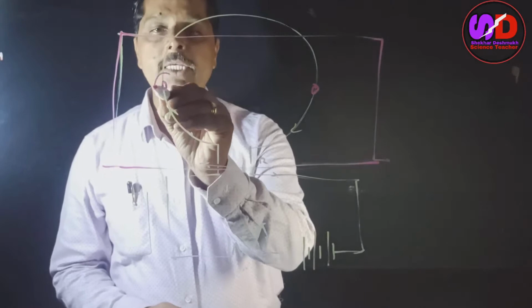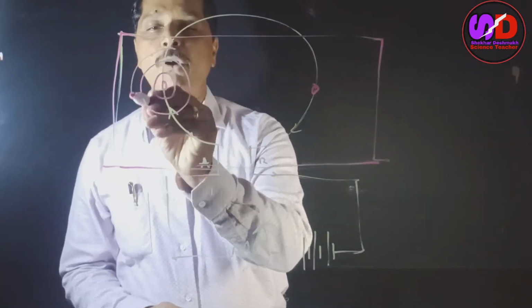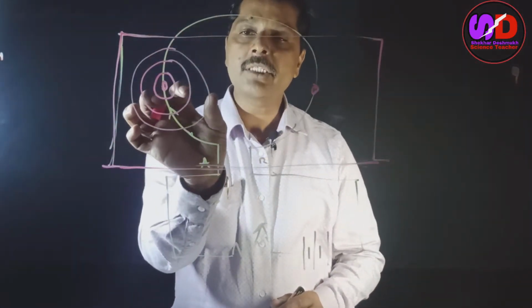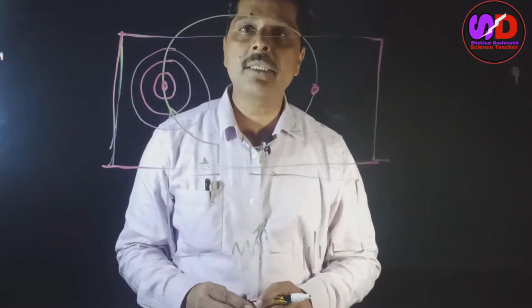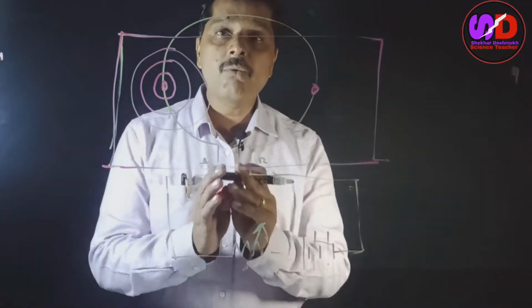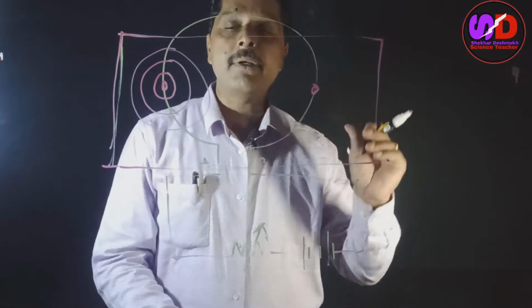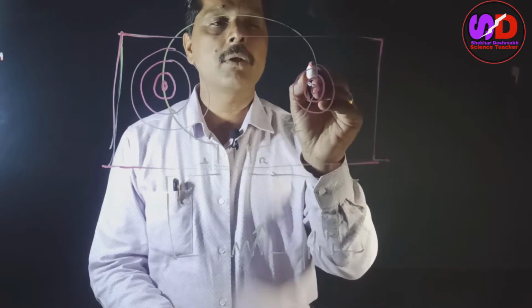So these lines of force are like this. As we go away from this conductor, the distance between these lines of force goes on increasing. That means the circles become bigger and bigger on both sides. Here also,